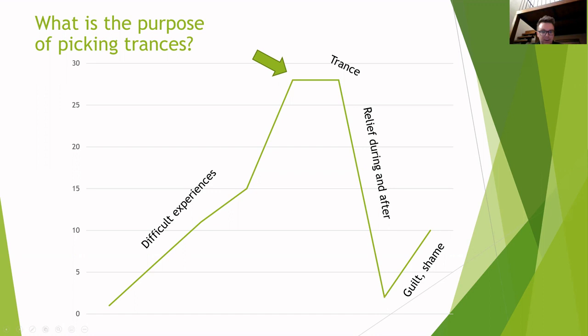And then what happens is that when she realized the damage that she did and how much time had passed, she felt guilt and shame, which made her feel tense again. So what does this illustrate? First, it tells us that the sudden trance, which, if you read her story, happened because she just went to the bathroom and started picking, wasn't really so sudden after all. It was essentially a culmination of a horrible day that she had.